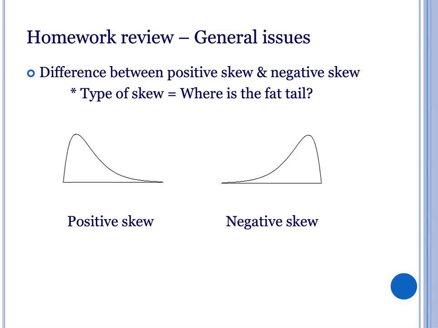This will come up in the future. Where is the skewed tail? We went over this in class, but just thought I'd give you one more pass at it. It's a positive skew if the fat tail that is longer than usual is going in the positive direction, like you see on the left. It's a negative skew if the fat tail that is longer than expected is going in the negative direction,